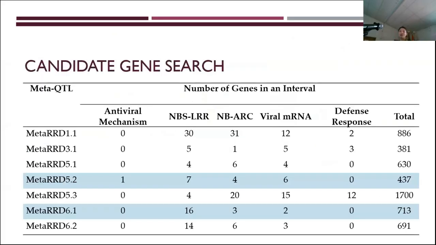All right, and then we moved on to our candidate gene search. I just want to give a disclaimer. These are really preliminary results. We're not definitively saying these are the genes that potentially are causing this reduced susceptibility, but it's a great point to start. So the things that I looked for, using a manual search in the Rosa chinensis reference genome,